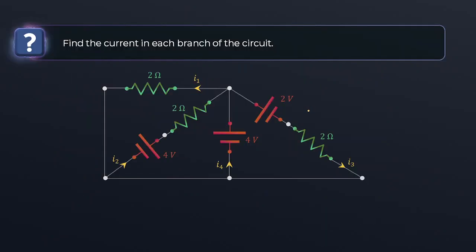So next question. Next question is we have to find the current in each branch of the circuit. Again, one simple question we have to solve. So here again what we can do is we will take the reference point. So let us say this point is our reference point, so it has 0 volt. So here also 0 volt, here also 0 volt, here also 0 volt, connecting wire, right?